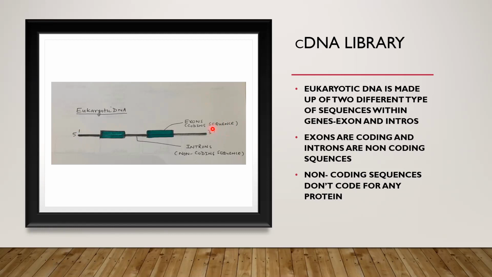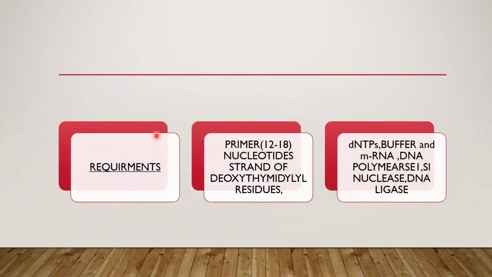When we studied genomic DNA library, because the genome is made up of coding and non-coding sequences, it would always become difficult to separate the non-coding region from the coding region. Because when we process the gene, we will have to remove the introns, and exons will join to form a processed gene. So in genomic DNA, this becomes difficult. So there is another alternative. We can go for complementary DNA library formation.